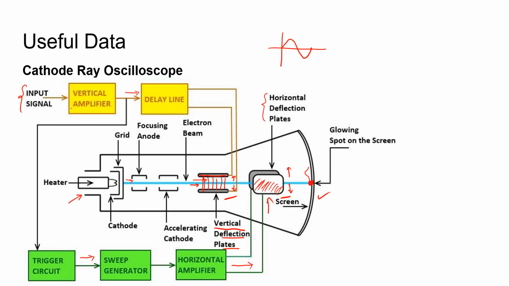Therefore, only when the input signal is delayed by 150 nanoseconds will it sync with the internal circuitry signal, and hence we can get a coherent waveform on the screen. So, the delay line circuit should produce this delay of 150 nanoseconds. And once this delay is produced, the signal is then sent to the vertical deflection plates. The vertical deflection plate is responsible for the Y-axis reading. Therefore, 150 nanoseconds delay has to be applied to the Y channel.